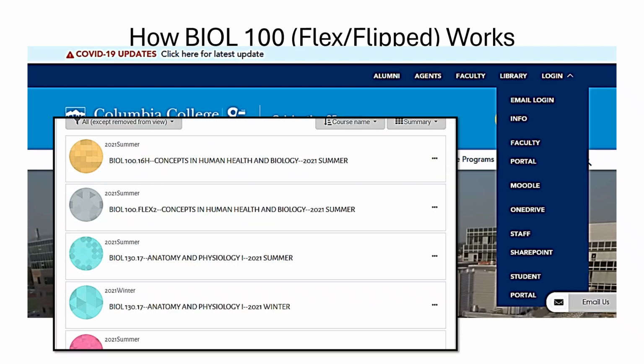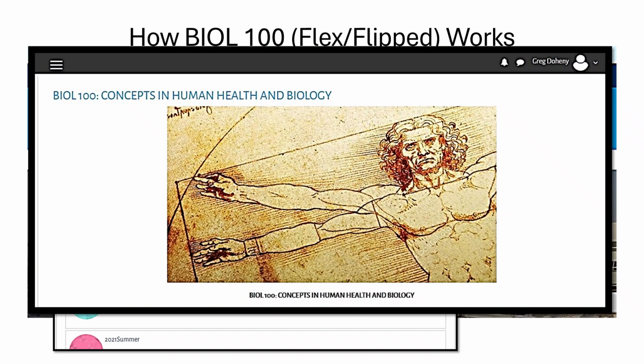It will give you a list on your MySys or your Moodle page. It will give you a list of all the courses that you're registered in, one of which, of course, is Biology 100. So you click on the Biology 100 website, and that will take you to this page,